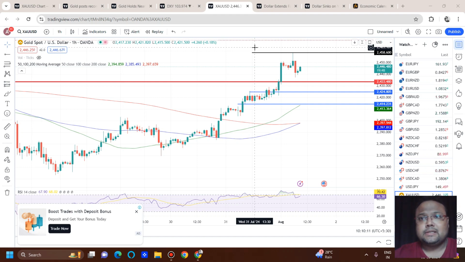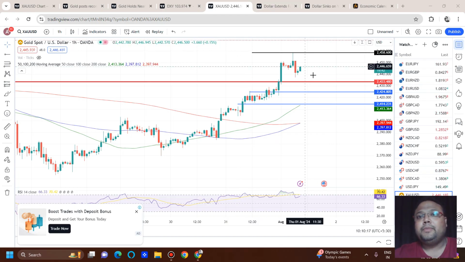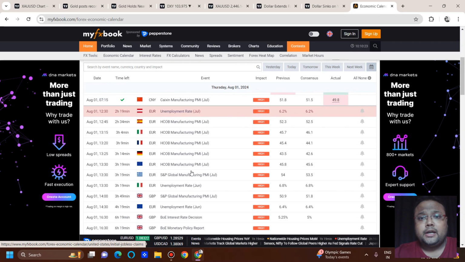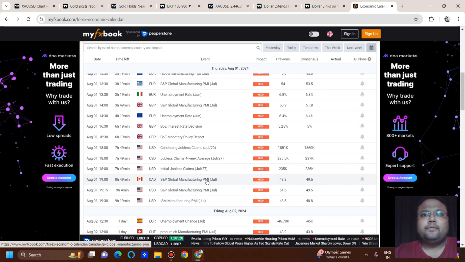It is high time to exit because we do not have any major event coming up that will bring a complete trend reversal. If we look at the economic calendar, yes, we do have some news coming up during the US session that will bring volatility to the market. You can see we have PMI coming up, so please be careful. Whatever levels we will be discussing are mostly valid before the US session, because we are retail traders. We also have some limitations. Our technical analysis has some limitations because when fundamentals or news dominate, it doesn't work. So to make money at the time of news, you need to follow the trend of the market. That's it.